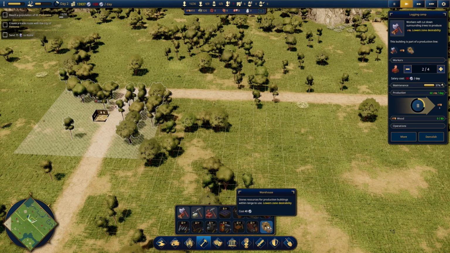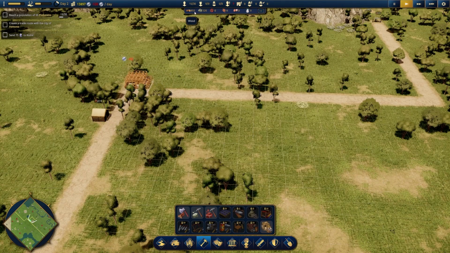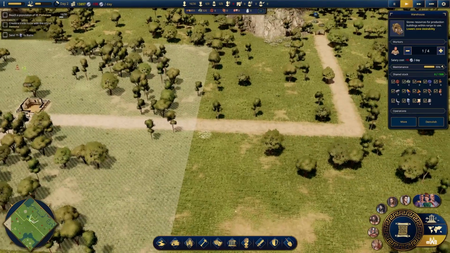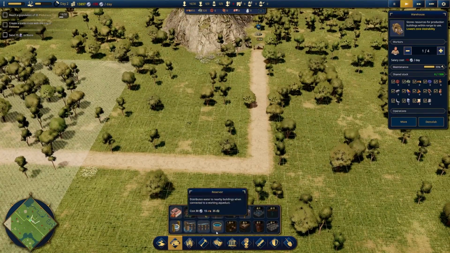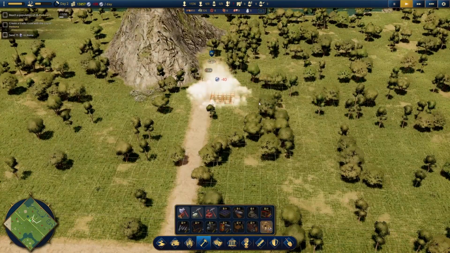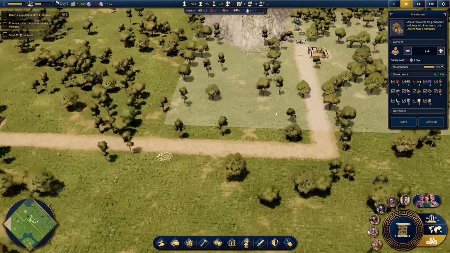Now, we can also nab ourselves some warehouses. Warehouses, I believe, are going to increase our total max storage. So there we go. Yeah, we've got shared stock in each of these locations, and I believe it stacks additively. So if we get one over here, then we should have plenty of capacity for all of the resources that